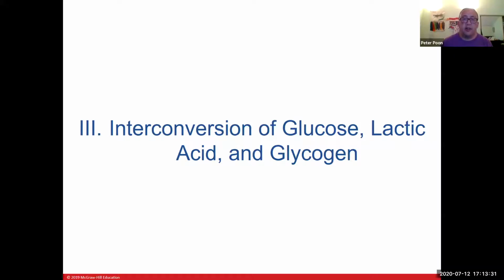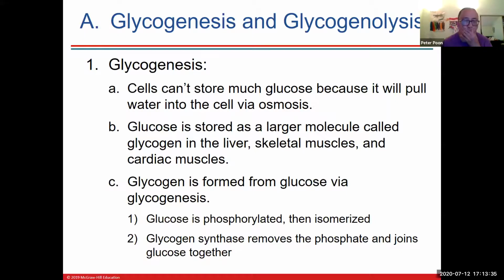Okay, interconversion of glucose, lactic acid, and glycogen. So the cells can't store a lot of glucose. Glucose is not a good storage molecule. It is a very efficient, high energy, easy to move across molecule, but it's not an efficient storage of anything